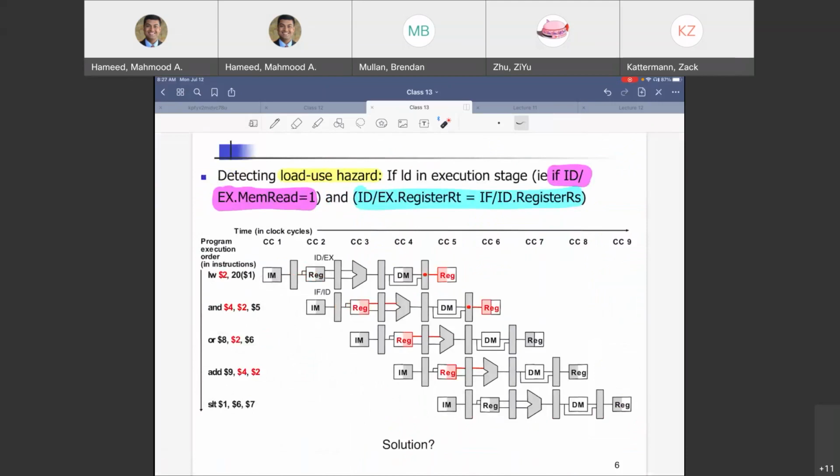Because if it was one instruction later, imagine this to be a not, and then imagine another instruction over here to be and. Will it be okay? Yes, we will still have a data hazard, right? Because if this guy is here, we still have $2 here and $2 here. So we still have a data hazard present, but register forwarding will take care of that. One instruction later is fine. One instruction down is a problem for load use. 2 instructions down, not a problem anymore. Go ahead.